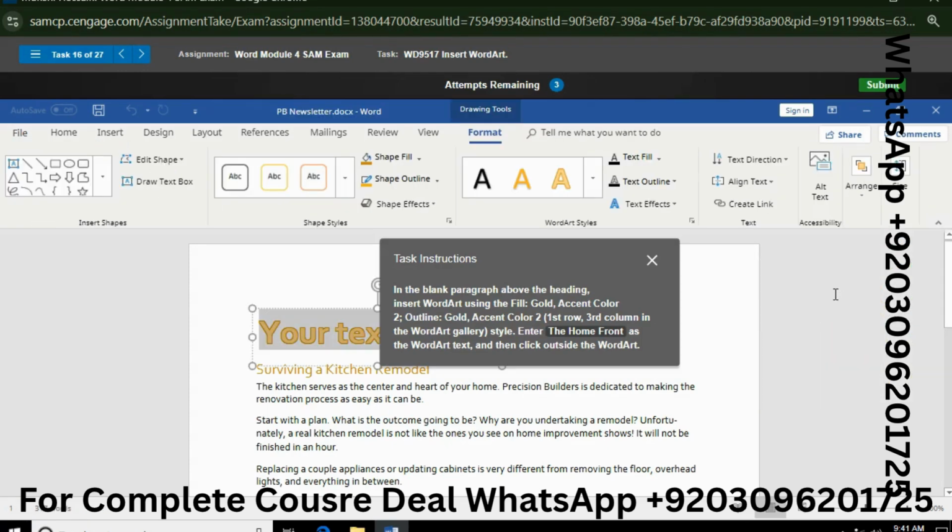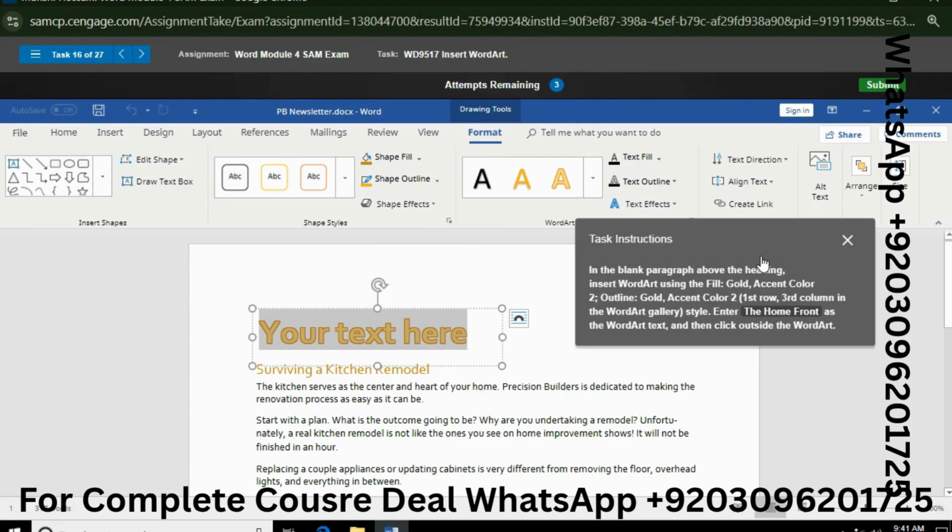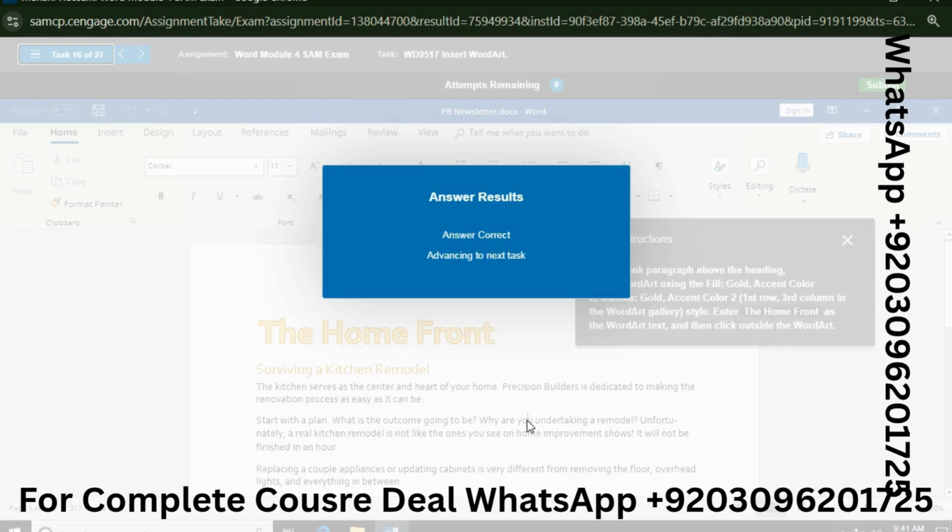Now type the home front as the word art text and then click outside the word art. So our answer is correct.